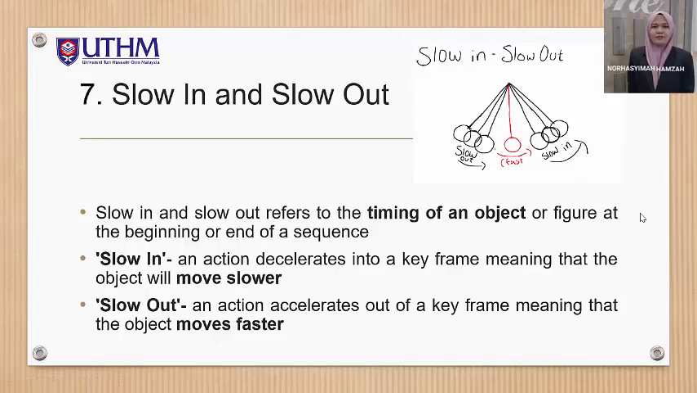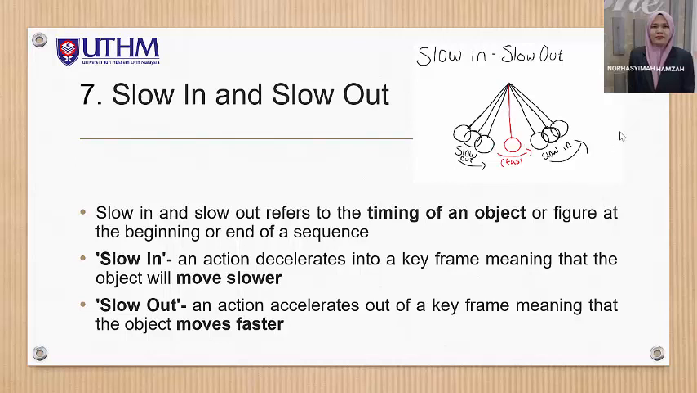Okey, prinsip yang seterusnya iaitu slow in and slow out. Slow in and slow out ini merujuk kepada jangka masa objek ataupun karakter yang kita hasilkan di awal atau akhir urutan. Slow in ini adalah tindakan di mana kita nak melambatkan pergerakan, kita nak menampakkan pergerakan itu lambat, ataupun dia move slower lah. Manakala slow out ini adalah tindakan kita nak mempercepatkan sesuatu objek ataupun karakter, nak menampakkan ianya move faster lah,